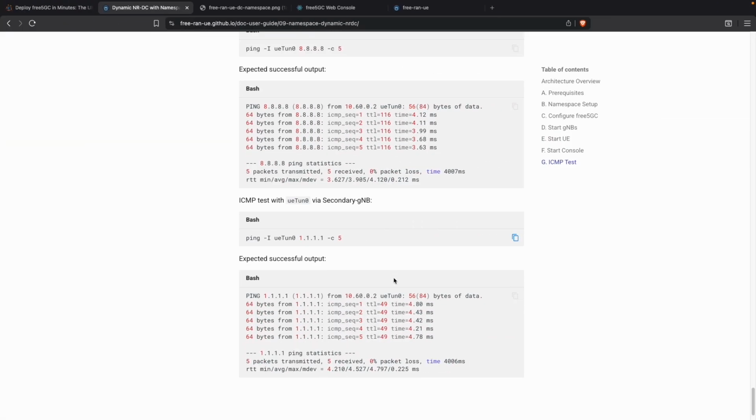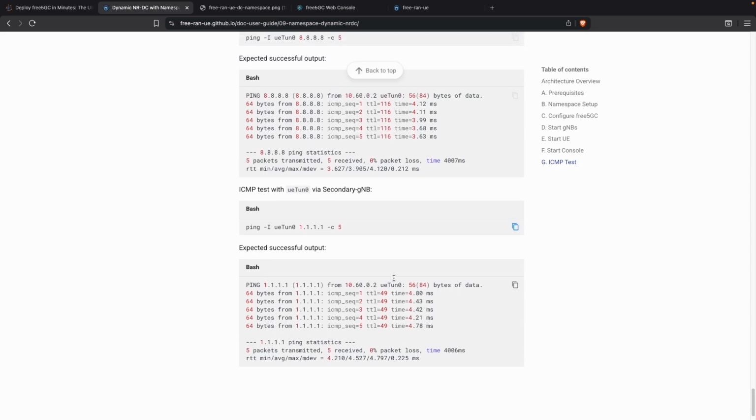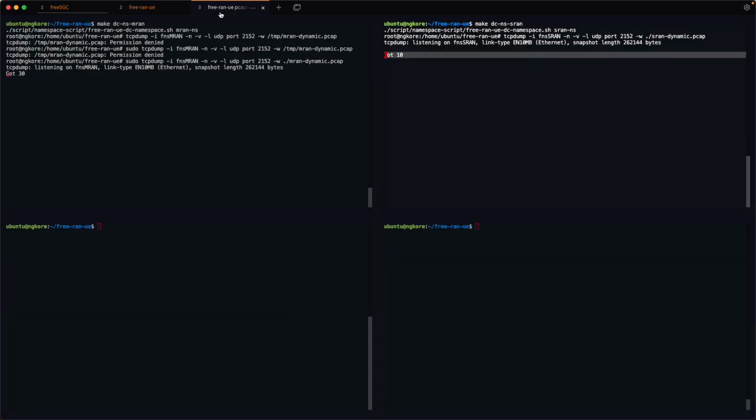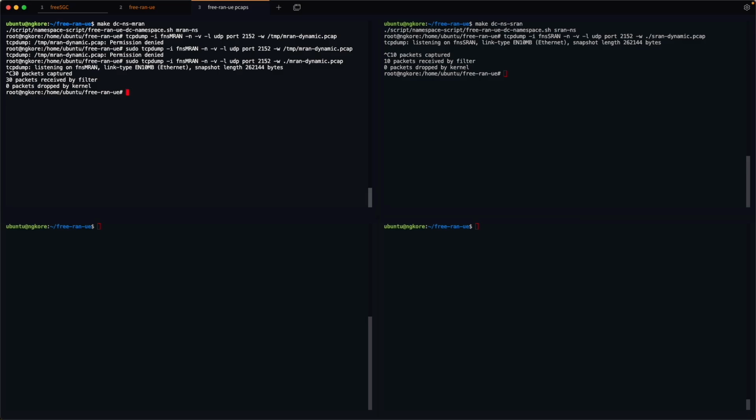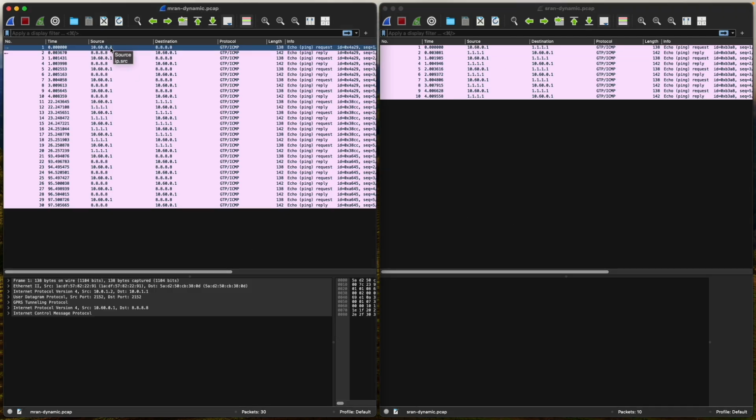So yeah, it was all about the dynamic NRDC concept, with which you can change the route of the UE, which gNB it should go through, and we can also have a look at the packets we captured. Let me just save them and open them in Wireshark. So now you can see I have the MRAN dynamic PCAP and SRAN dynamic PCAP over here, and if we go inside the packets,